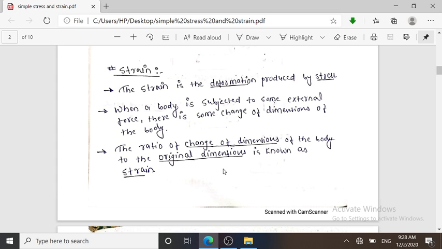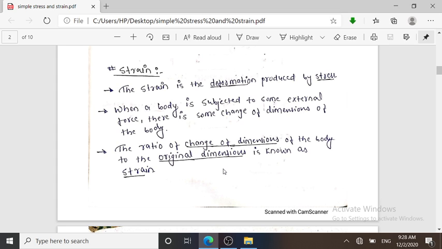मान लीजिए कि आपके पास कोई रेक्टेंगल शेप का बॉडी है, कुछ भी है, जब आप लोग उस पर फोर्स लगाएंगे या तो अंदर के तरफ या तो बाहर के तरफ, तो देन द बॉडी गोज अंडर डिफॉर्मेशंस. देयर इज अ चेंज इन लेंथ, then how much amount of deformation taking place, that divided by the total length of the body is nothing but the strain.